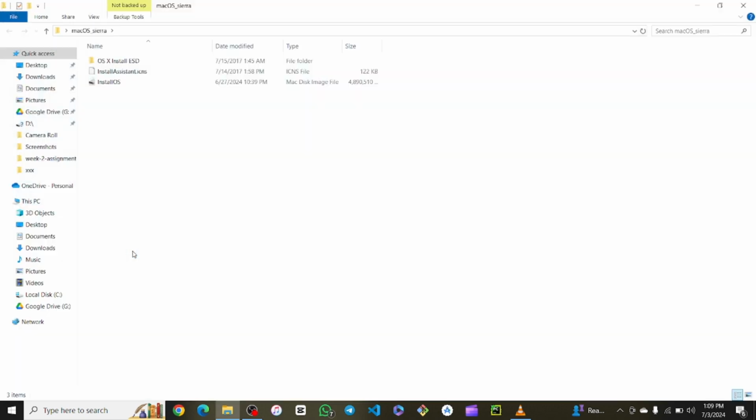If I click on this, you can see that I have the install OS disk image here, which is 4.66 gigabytes. Let me just go ahead and remove these two files. There you go. Now that I have this installer disk image of macOS Sierra here, the first step we need to do is